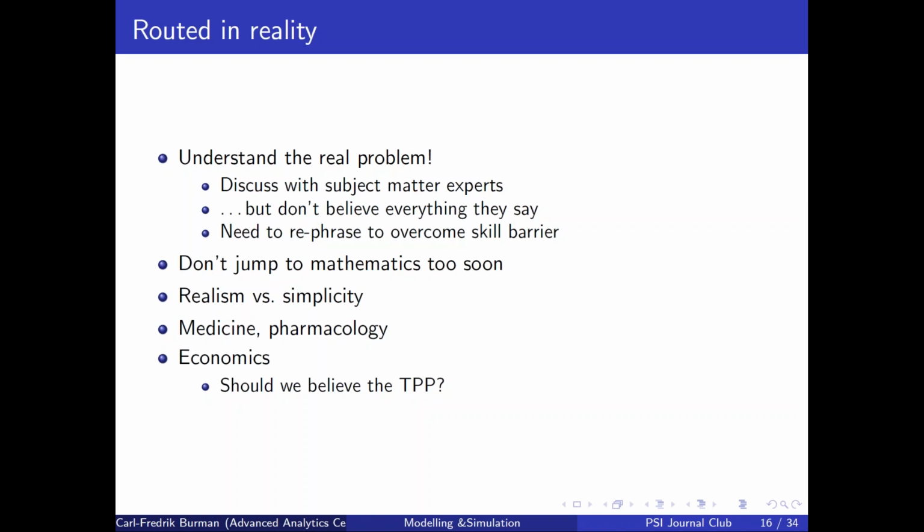That means a lot of interactions with bioscientists,